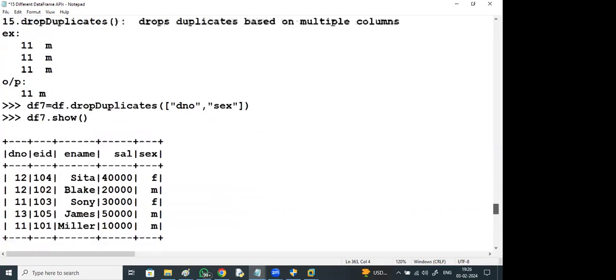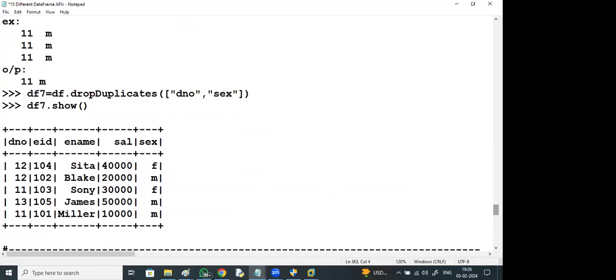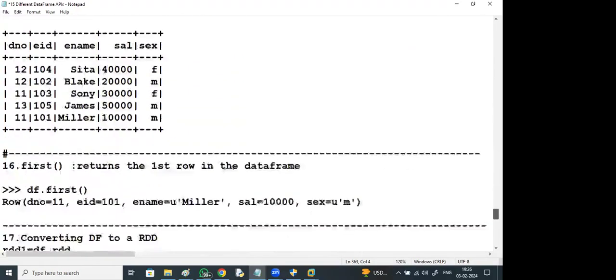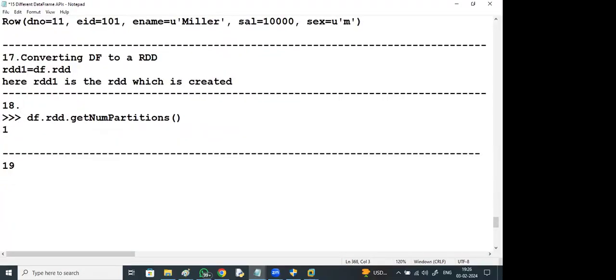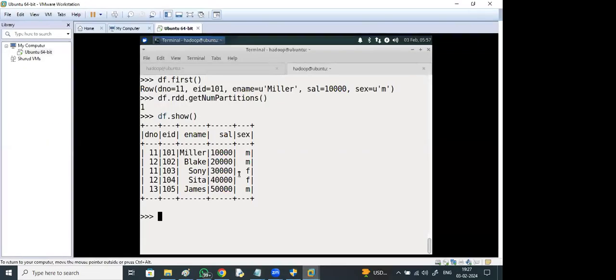Replace. For example, if this is your data, wherever M is there, I want MALE, and wherever F is there, I want FEMALE. So df.replace. What do you want to replace?